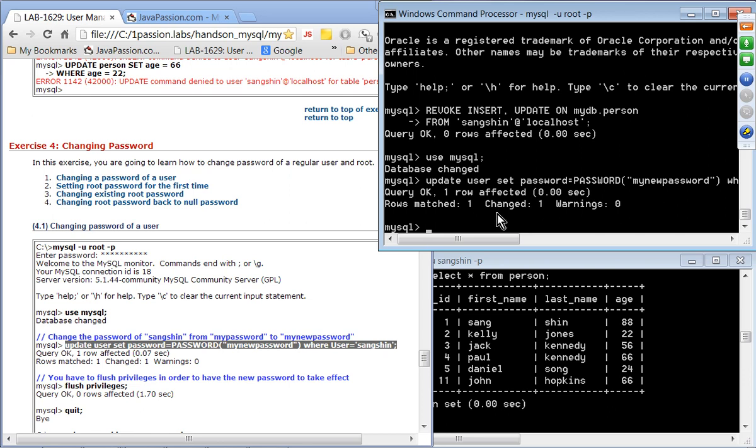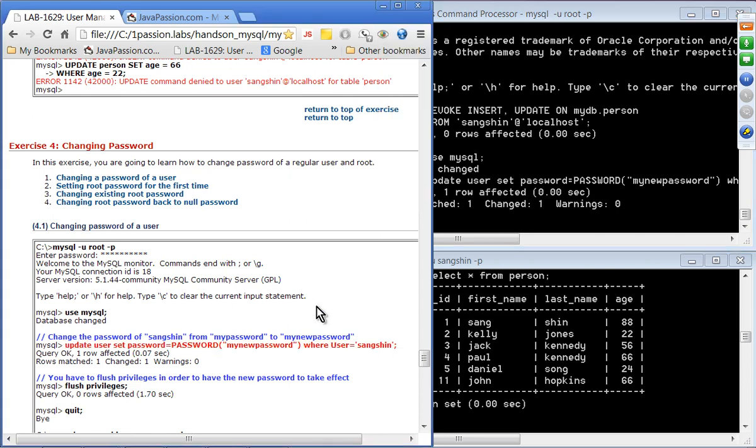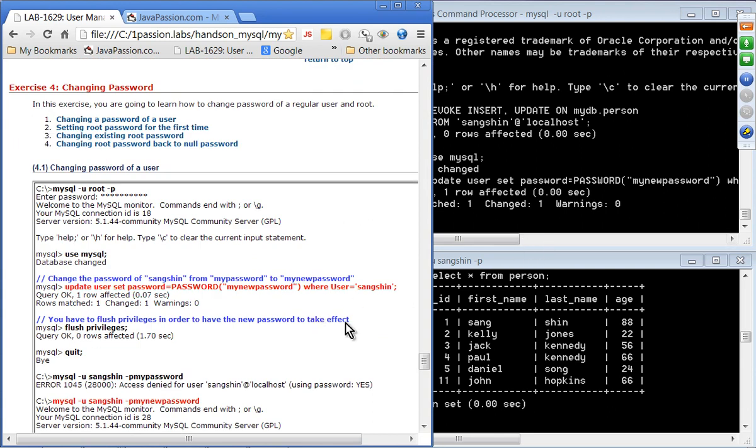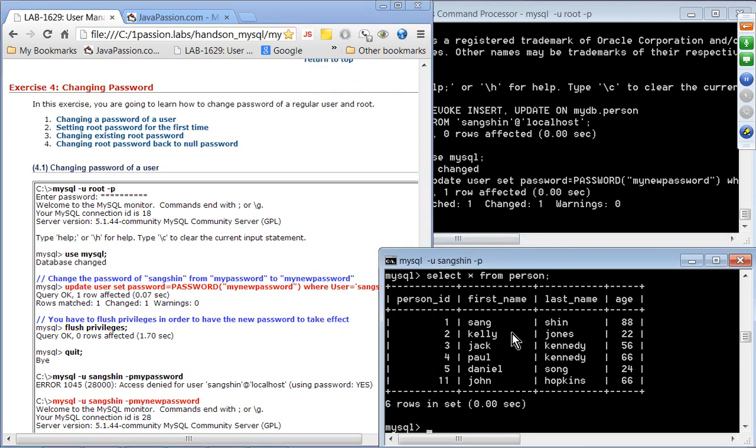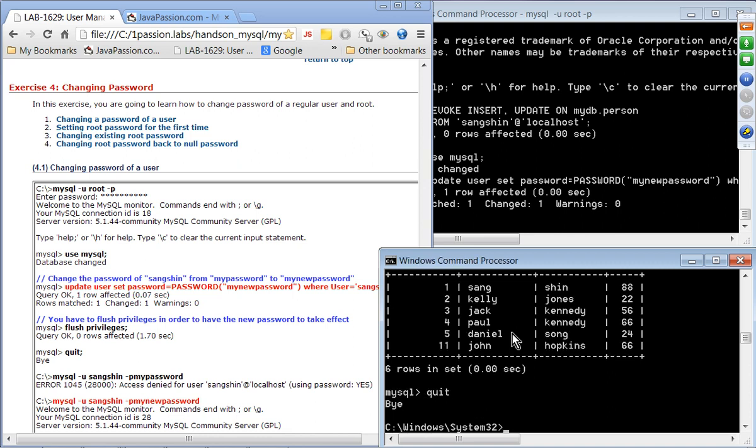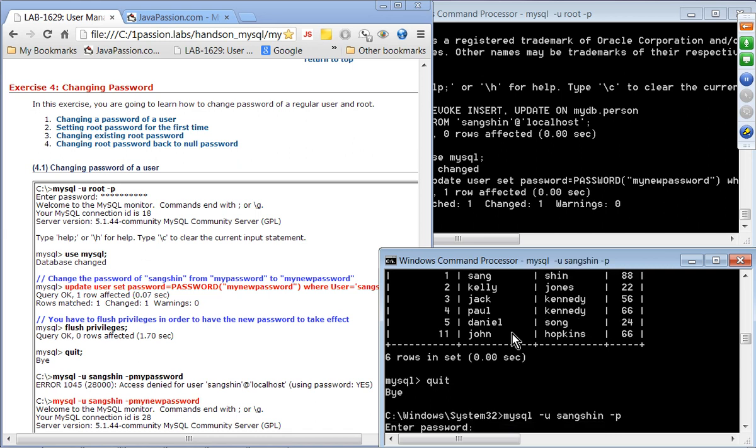Okay, so we are dealing with just changing the user table's password field. So that has been changed. So I'm going to actually quit this Sang Shin client. So I'm going to just quit. Now let's try to log in. So if I try to log in with old password, which is my password,